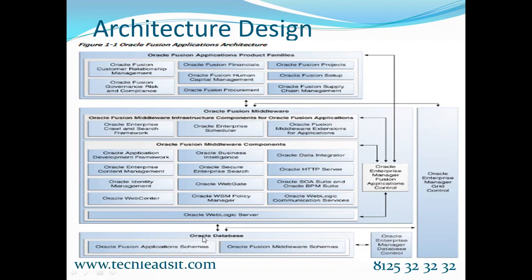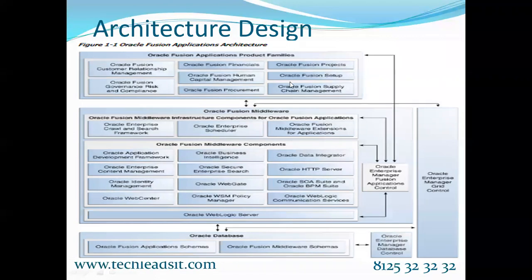These Oracle database layers are maintained again by Oracle Enterprise Manager Database Control. Each layer has an application control, and these application controls talk with one of the control mechanisms. If you see here, this application server and the database server can talk with each other with the help of Oracle Enterprise Manager Grid Control.